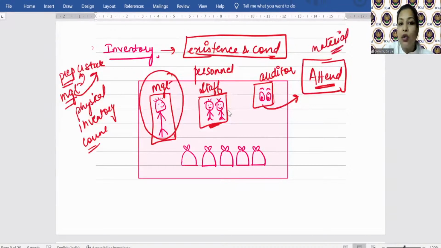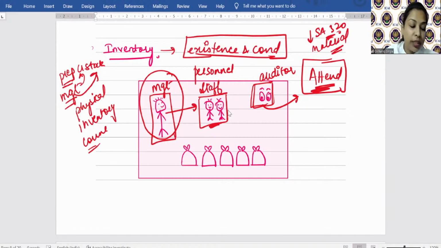And if inventory is material, अब मटेरियल थिंग्स पे तो आप टाइम एंड रिसोर्सेज लगाओगे, ये तो आपको पता है। आपका मटेरियलिटी लेवल तो 2 lakhs का है, इन्वेंट्री का अमाउंट 10,000 है, तो थोड़ी ना ये सब करोगे। ठीक है, एब्सोल्युटली करेक्ट ज्योति, सपना, प्रियंका, ध्यानेश। तो SA 501 क्या बोलता है, आपको ऑडिटर, यू नीड टू अटेंड द फिजिकल इन्वेंट्री काउंट जो मैनेजमेंट अपने स्टाफ से करवा रहा है।